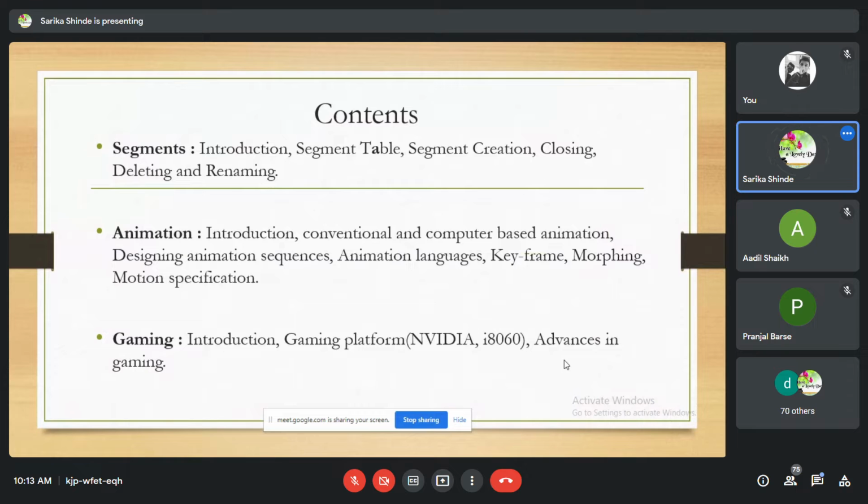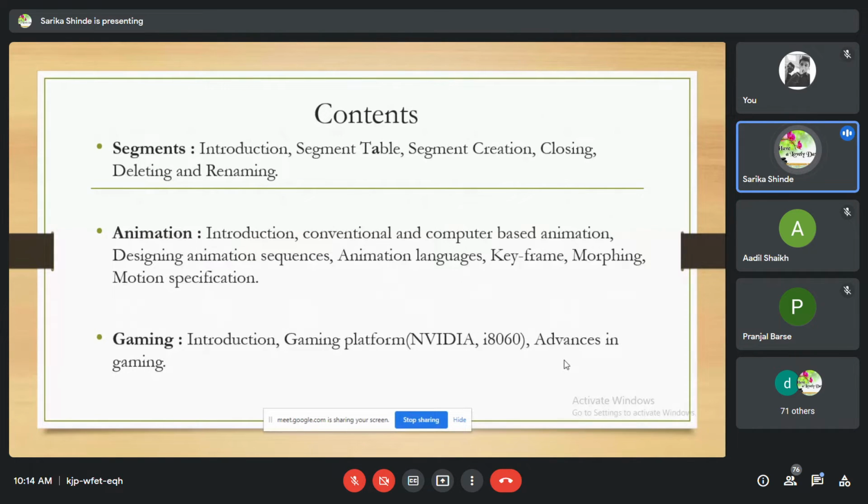In this lecture, we are going to cover these contents: segment, animation and gaming. In segment, we'll cover the introduction of segment, what is segment table, and segment creation, closing, deleting and renaming. And second, we will see animation.